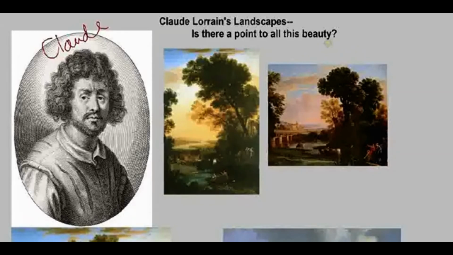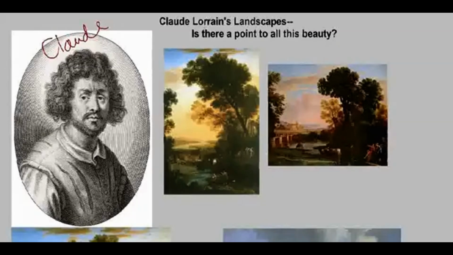And just to introduce you to what these are, we're going to look at them a little bit later, but this image here is Landscape with the Flight into Egypt, and it dates to 1663. And over here on the right is an image known simply as Pastoral Landscape, and it dates to 1648. I think you can see right off the bat, they are these really idealized, beautiful landscapes. There are certainly details within them of people and buildings, but mainly they are landscapes.